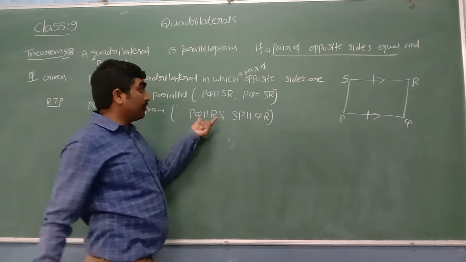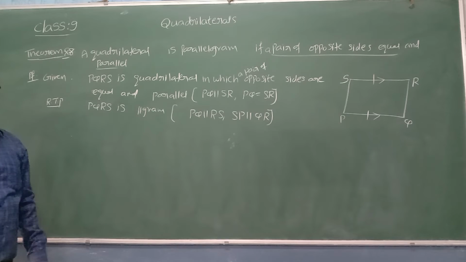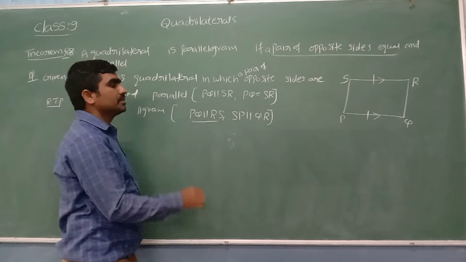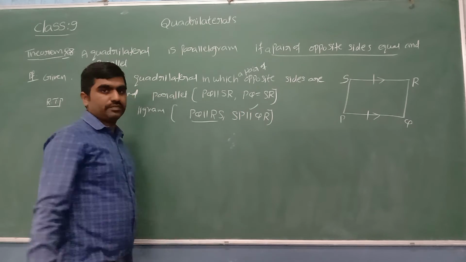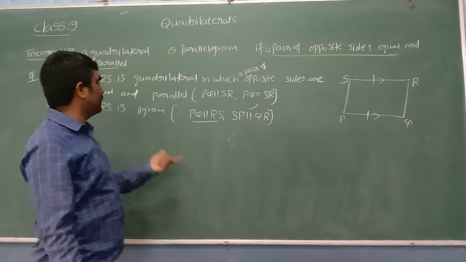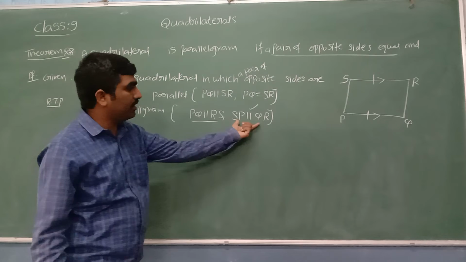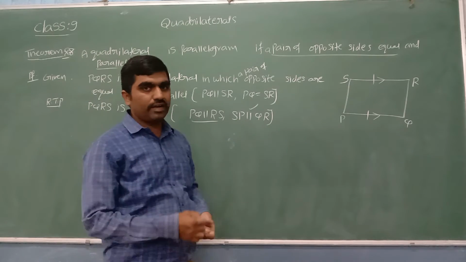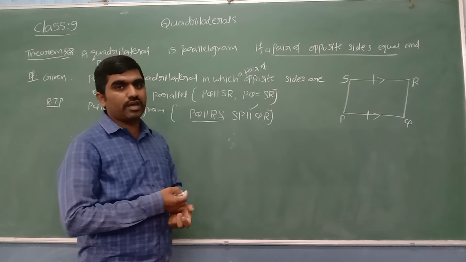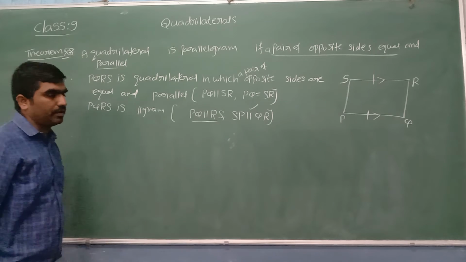In a quadrilateral, if two pairs of opposite sides are parallel, then it's enough to show that it is a parallelogram. Already they gave PQ is parallel to SR. Still we have to prove only this part. Once we show the other pair is also parallel, then it's enough to say that PQRS is a parallelogram. When corresponding angles are equal or alternate angles are equal, we can say that lines are parallel. So that we can say it is a parallelogram.